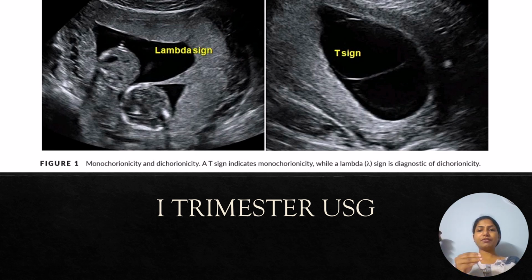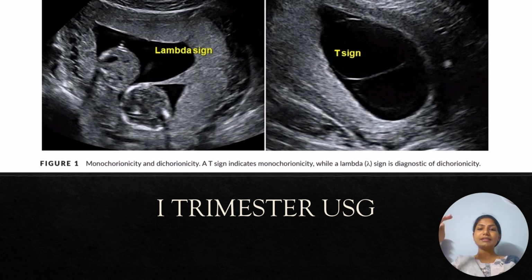intertwin membrane. So if this space is present in the intertwin membrane, then it is defined as a dichorionic pregnancy. This space is absent in a monochorionic pregnancy. So this placental tissue will not be able to migrate into the intertwin membrane in monochorionic pregnancies, and it is called the T sign. And this is best done between 11 to 14 weeks of gestation, because after 14 weeks